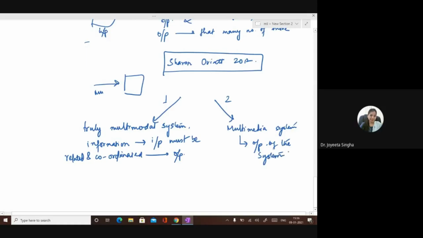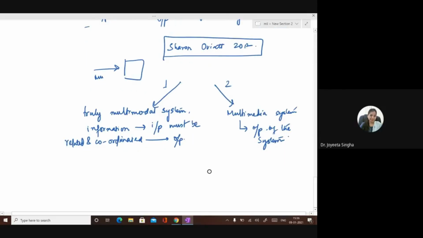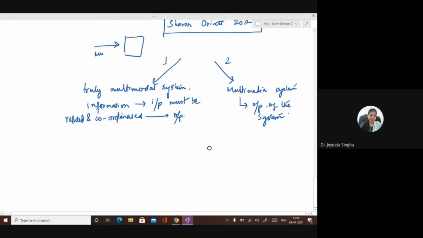But even with this definition, it was not very clear how some systems can be distinguished as multimodal or multimedia. So comes the third definition. The third definition was given by a researcher, Benoit. So he said